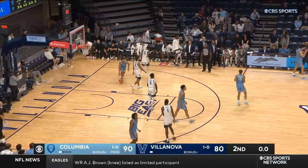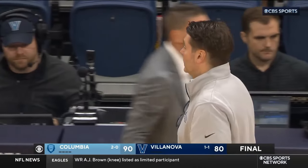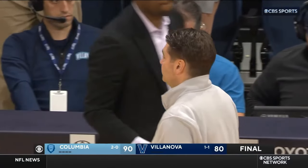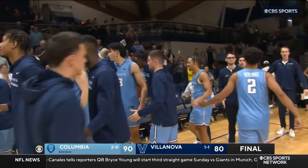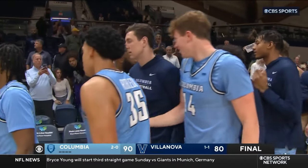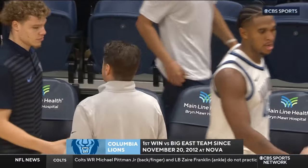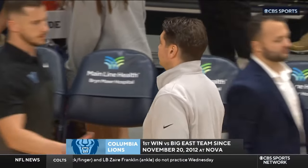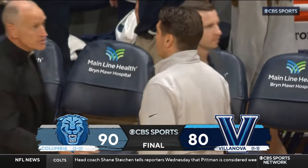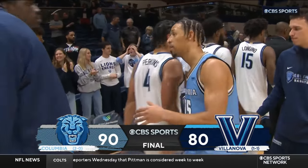And that'll do it. Columbia comes on the road into Villanova's house and gets their first Big East victory since 2012 in decisive fashion. Yeah, I mean, they were in control the entire second half. It was a little bit of a seesaw battle for a while, but once they got the lead in the second half with 12 minutes to go, it was over. 9 different players score for Columbia, and what they did at the free